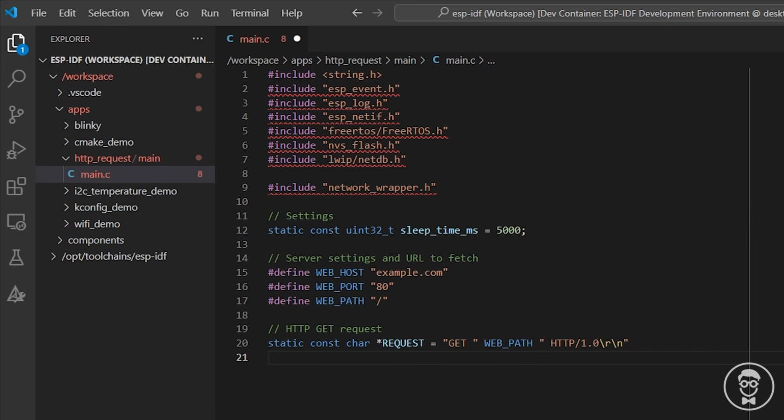In this case, we are going with version 1.0. This is a very simple request. After that, we need a new line in order to write out our headers. Headers are given by key value pairs. Almost every server is going to require this host header, where we define the host we want to connect to,